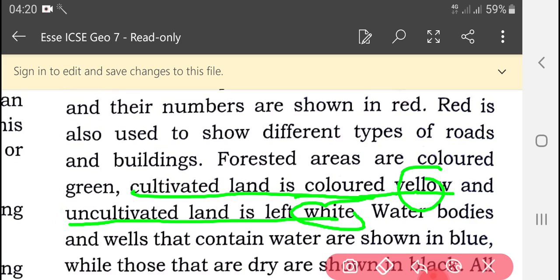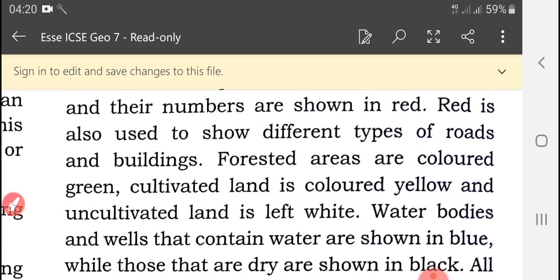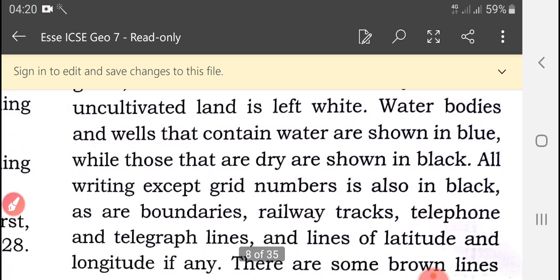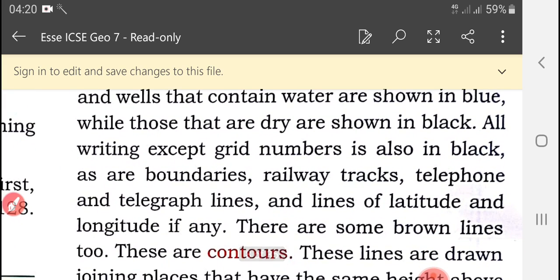Suppose there is one well or water body, and if water is there, then we will show it in blue color. And again, if there is no water, then which color will we use? Then we have to use black color.